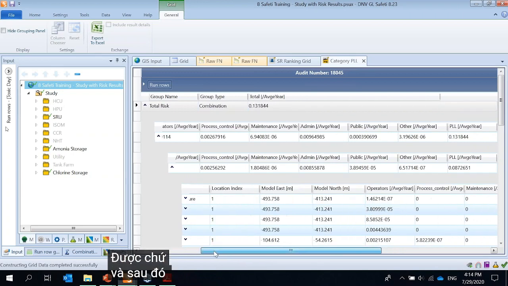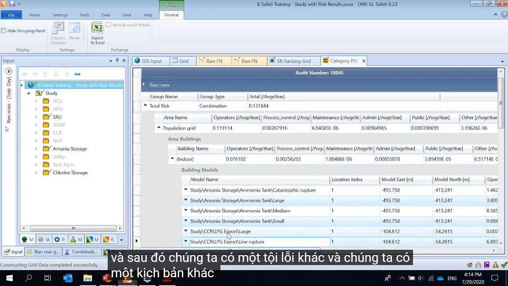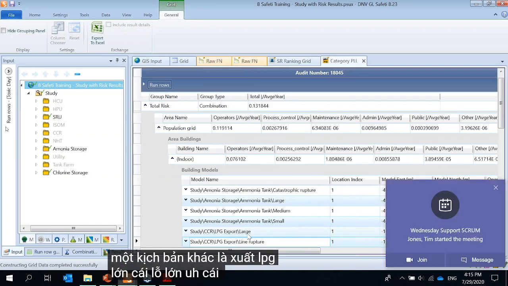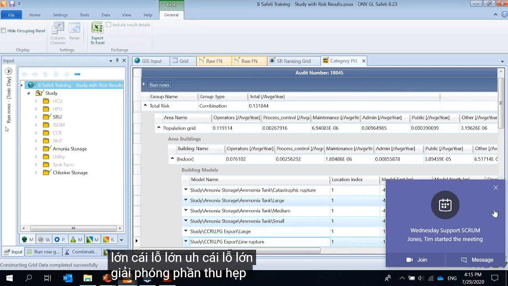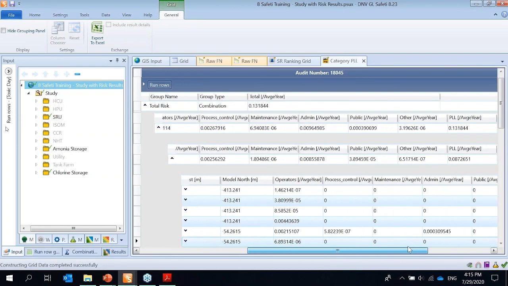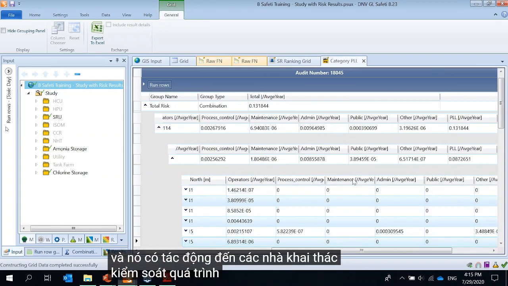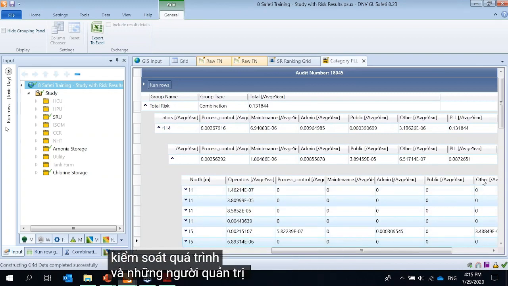Then we have another scenario, which is the large release scenario of the LPG export, and it has an impact on the operators, process control, admin people and others,